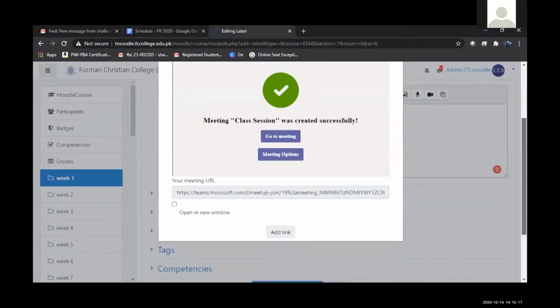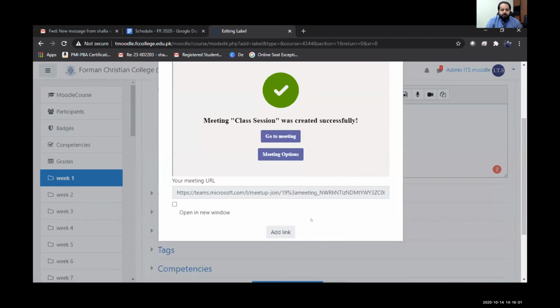Lots of faculty are saying that they could not log into their account through Moodle. So I think they should contact the help desk to see if there's an issue at this moment. Credentials were sent to the faculty, but if they are having any issues, they can surely send us an email. Zimran, can you put the email address into the chat? Yes. So Zimran is going to put an email address into the chat if there is a problem with MS Teams credentials or Office 365 credentials. So the email address is being entered, and faculty can send an email to that account.